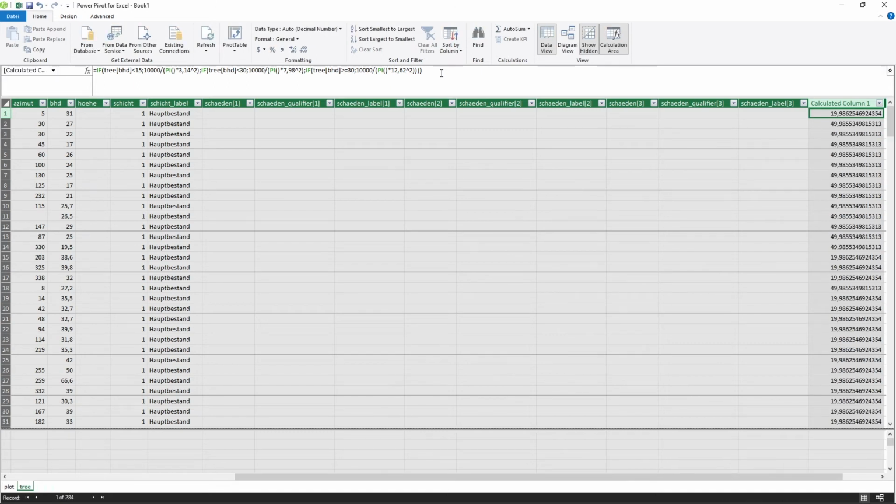If I execute this, then I now get the correct expansion factor depending on the diameter of the tree. If the tree is bigger than 30 centimeters, then the plot area is 500 square meters and the expansion factor is around 20. And for smaller trees it is a higher expansion factor.